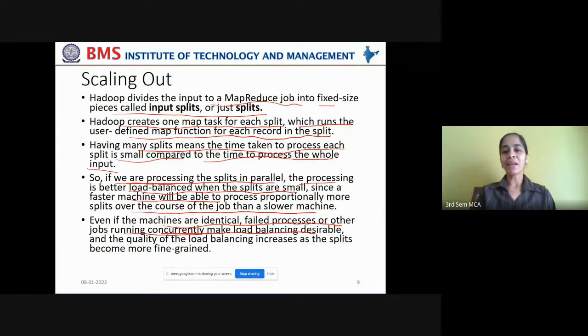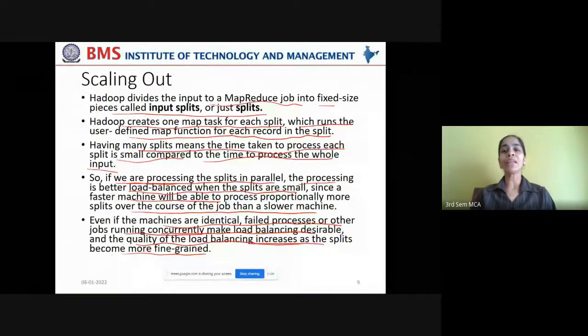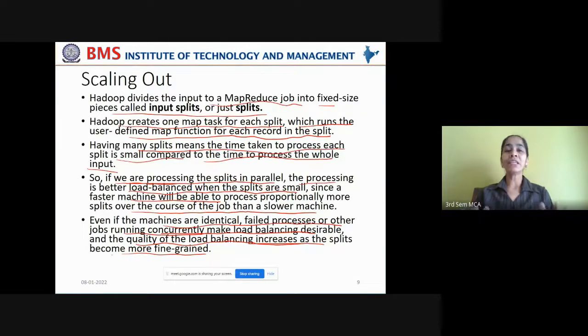So if the machines are identical and they are running, processing the input splits concurrently, then load balancing is desirable, and the quality of the load balancing increases as the splits become more and more fine-grained. So as the input splits are smaller and smaller, you can achieve better and better load balancing.